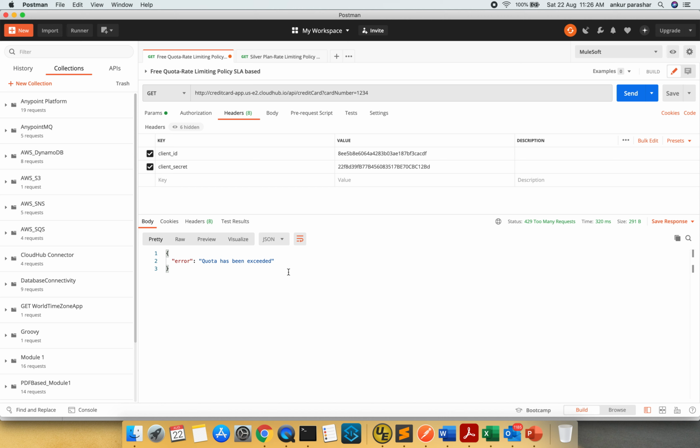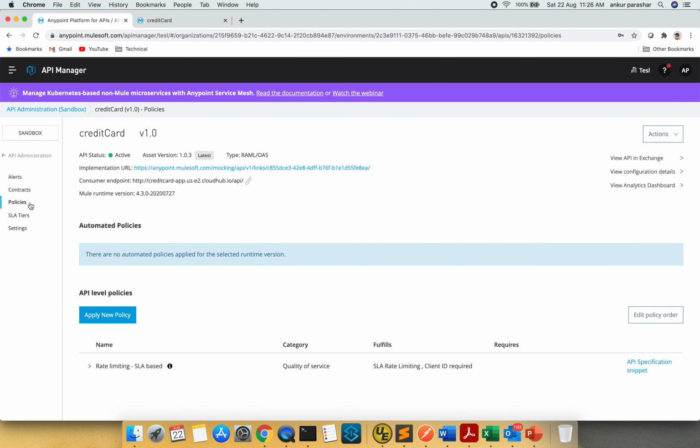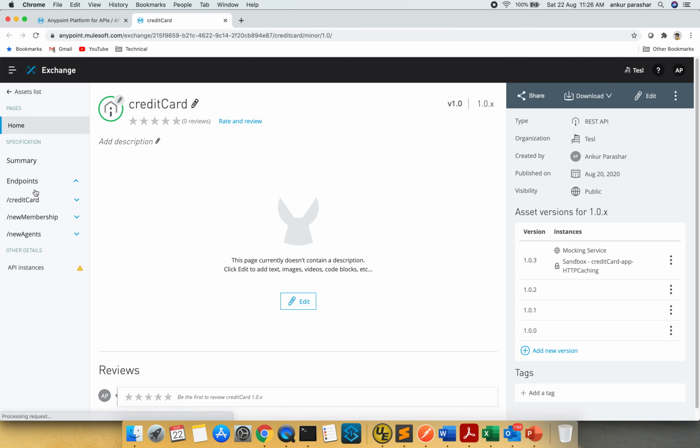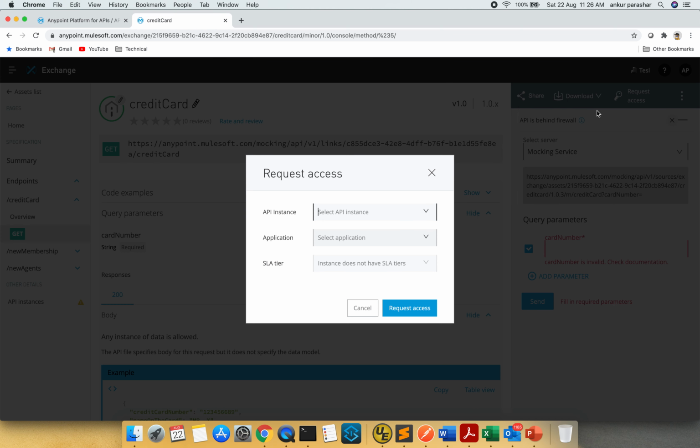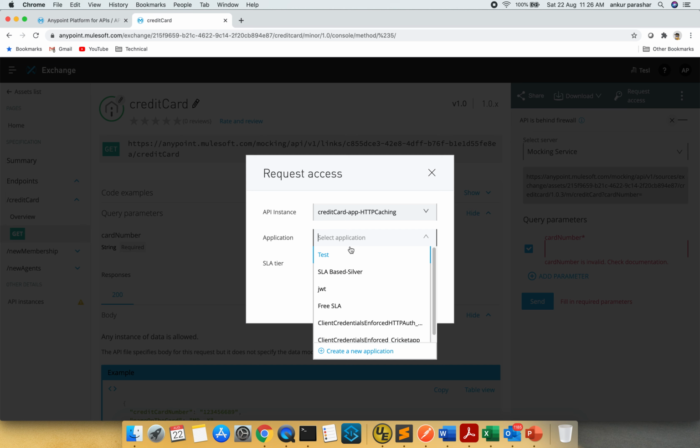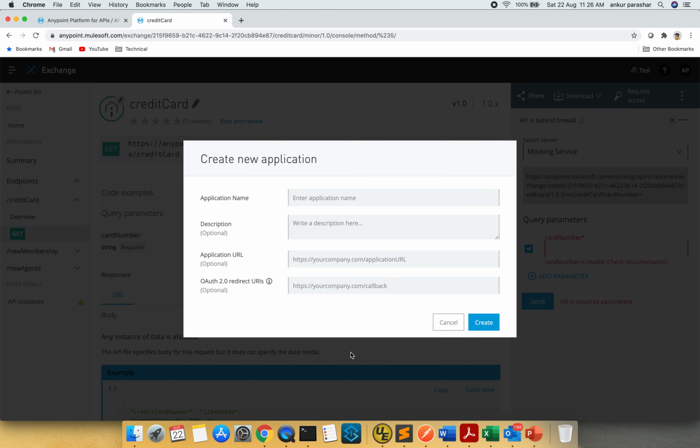Let's quickly go and configure the silver or the paid version. So I will go back to the API Exchange and select the get operation. We'll request access. Again, I will go with HTTP caching because that is already available. I will create a new app now.